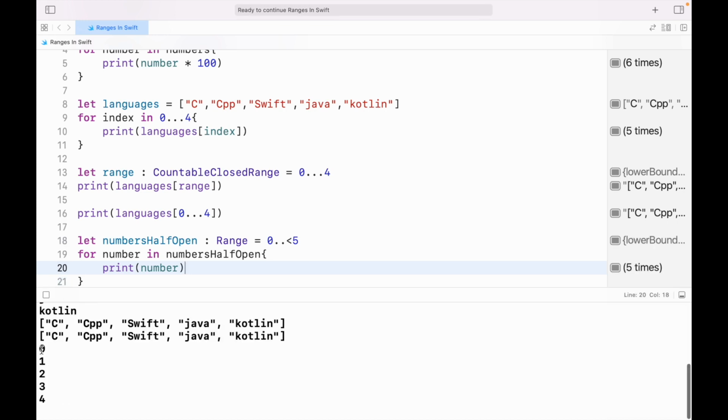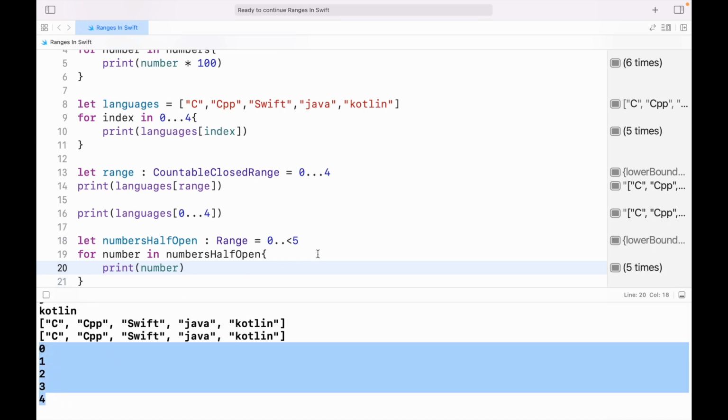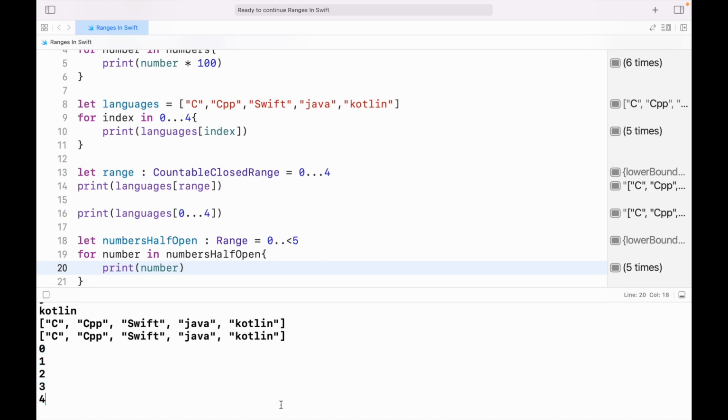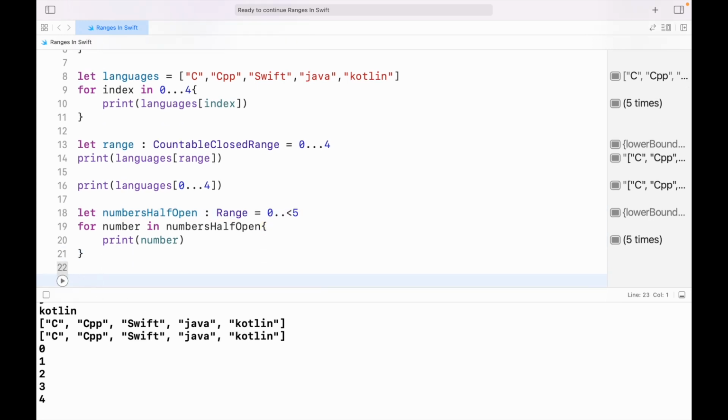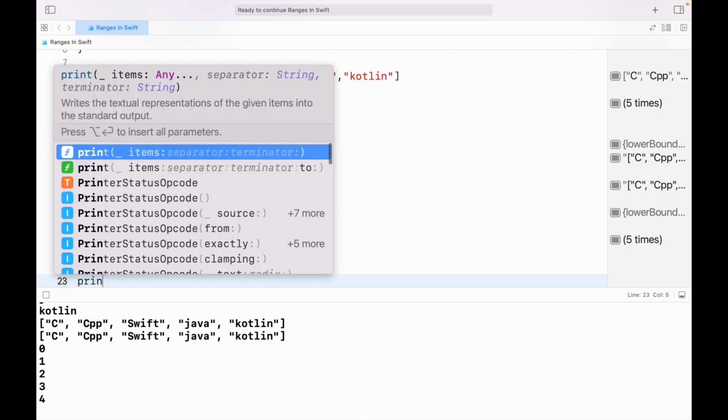So in half open range, the last is not inclusive because we are mentioning the condition. We are mentioning 0 to less than 5 as the range, so it will work from 0 to 4. So this is half open range, and we can check how half open ranges work upon arrays. If you want half open range to work upon the languages array, we can say print